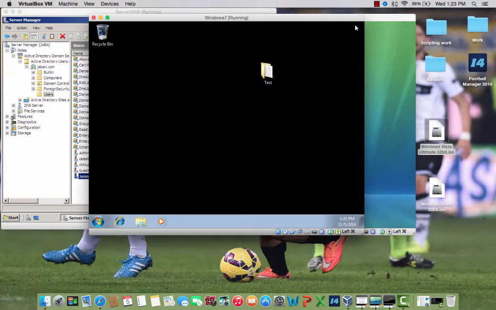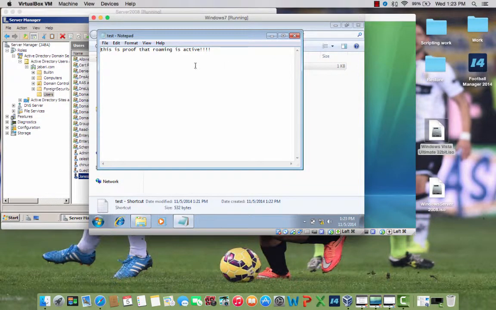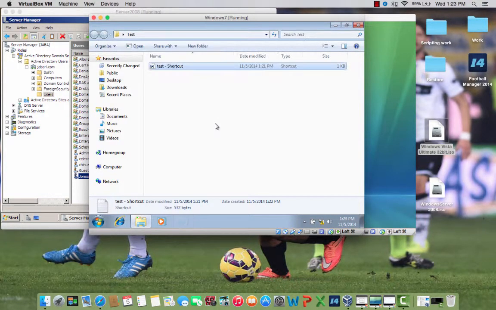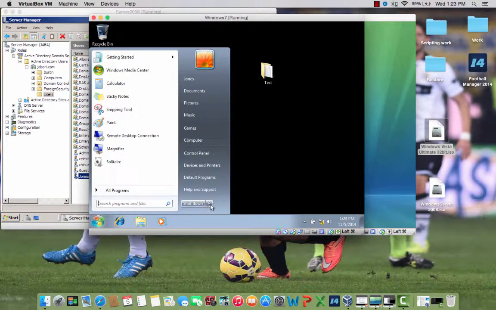And after we close this here, we see test. I'm unsure as to why the background is that color, but if we open the shortcut test, we'll see this is proof that roaming is active. Just going to send the message back. Save the changes. We're going to close it here, and just for proof that we're showing that everything is active, when we log off,